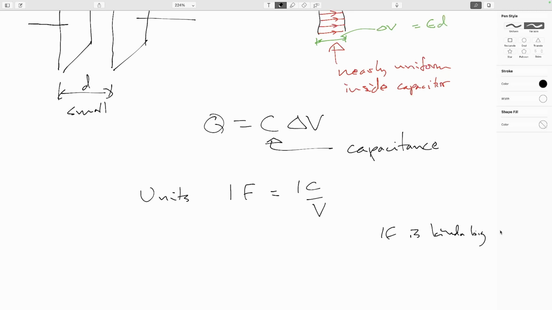Basically, if you've ever known somebody who's put ridiculously big subwoofers in their car, in order to balance out some of the magnetic considerations of the